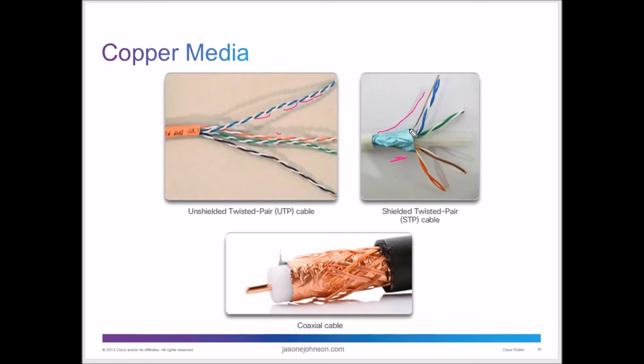And that gives it some strength also, so that if it gets pulled around a corner or gets yanked on or tugged on, that string gives it some strength so that those copper wires don't break as easy. And then you have coax cable, which is even stronger, but it's less flexible. The copper media up here, shielded twisted pair and unshielded, it goes around corners easier. It's easier to work with.